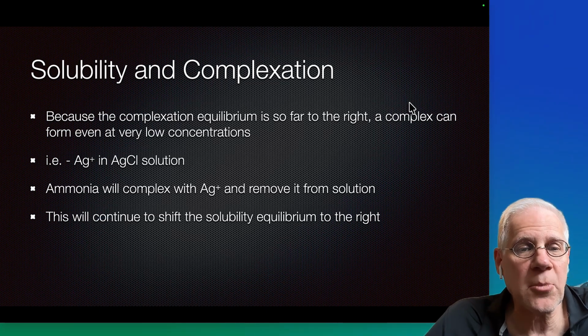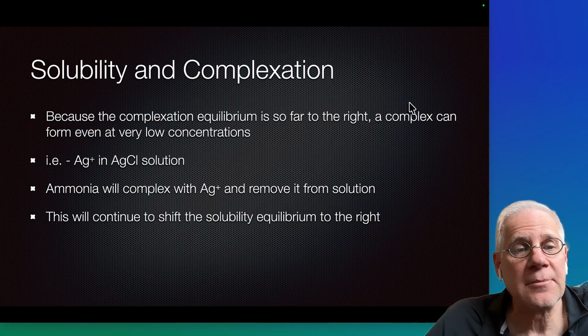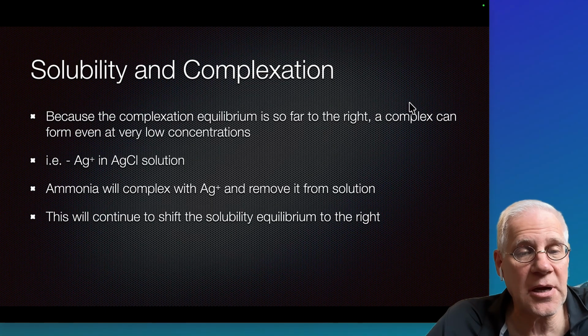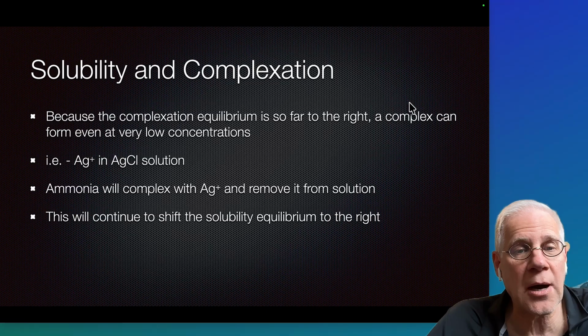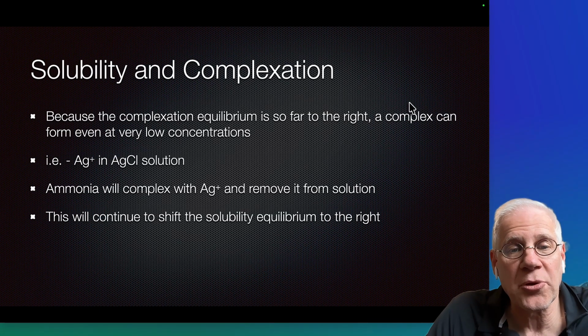When the ammonia reacts with the silver plus, just like acids did, it turns that silver into a different compound, and here it turns it into a complex. But it removes that silver ion out of the solution as silver ion by itself, and so that removes it out of the equilibrium